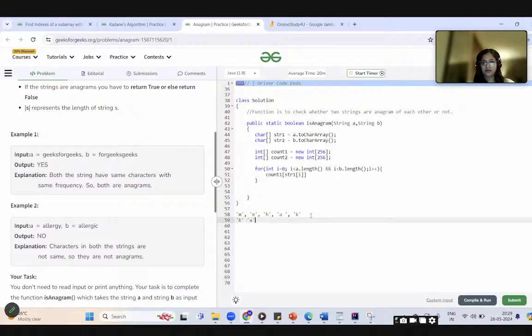Okay. And another one is I have K, A, H, E, M. Right? So this is the character array. When i equals 0 in the first character array, that is the string 1 character array, and this is the string 2 character array, when i is 0, I am fetching the character as M. So here, this thing will become M. Count 1, that is for the string 1 count array. Earlier the value was 0.